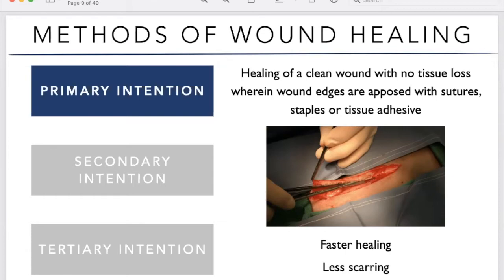So primary intention muna. Primary intention is how we induce healing of a clean wound with no tissue loss. Okay? Yung madaling pagdikitan yung wound edges, you can easily oppose it with suture materials, staples, or tissue adhesive. And this is the usual method of wound healing for our surgical wounds, like abdominal incisions, spays, castrations, and such, right? And since magkadikit naman yung wound, hindi mo naman binabanat,